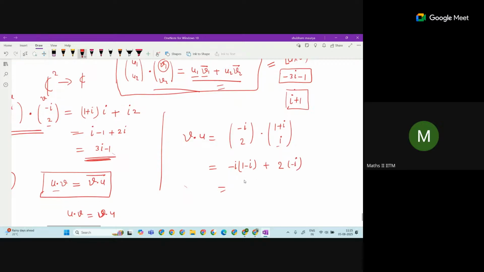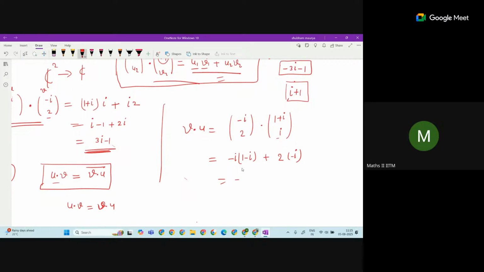So now this is going to be minus i, and here again minus and minus i square. So this is going to be minus minus plus, so minus 1. Yeah, minus 1 it is, right? Minus minus plus and minus i square it is, and this now becomes minus 2i. So this is finally 3i, and this is i minus